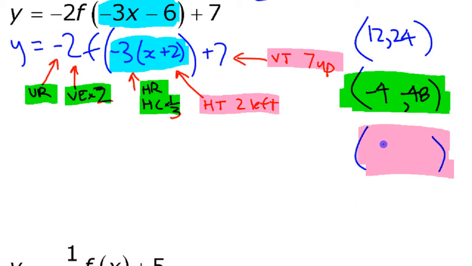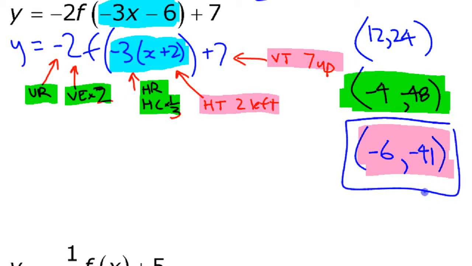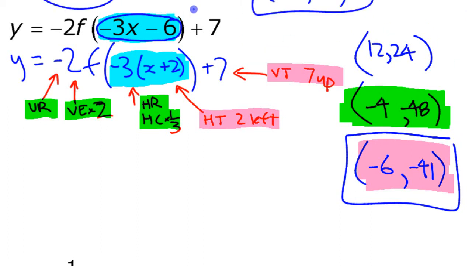If we do our 2 to the left, that's going to be negative 6. If we do our 7 up, this is negative 48, so it's going to go to negative 41. That's the point you get to. Now, if you really wanted to, you could have done it where instead of doing that 2 to the left, you could have done 6 to the right, but as long as you did it before this. Okay, now that ends up being pretty tricky, so it's not necessarily the best way to approach things, but you